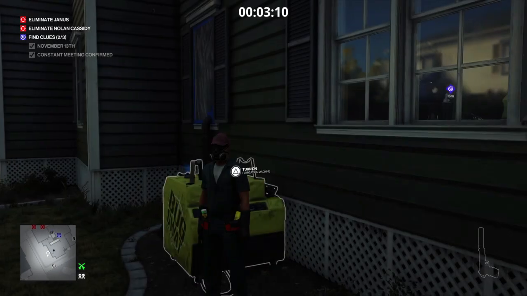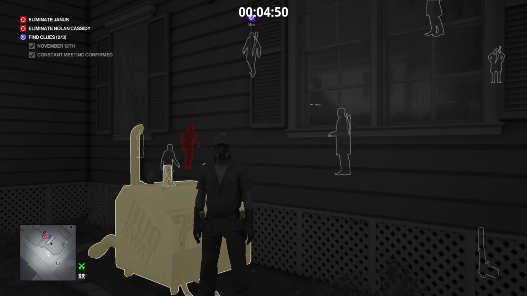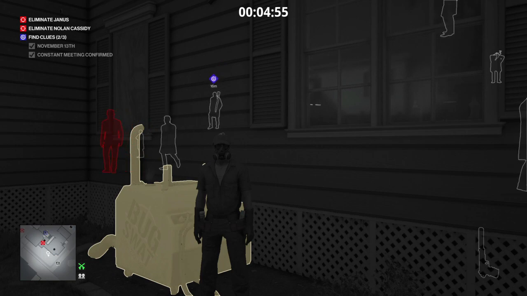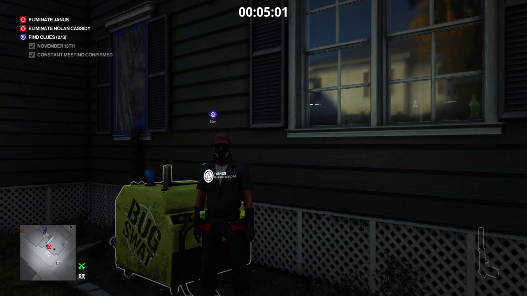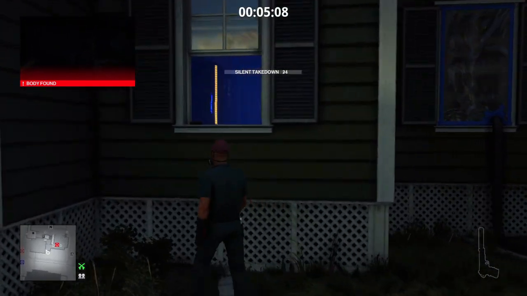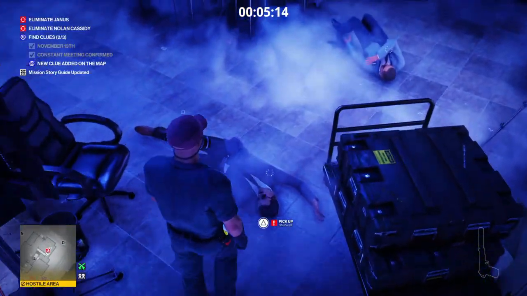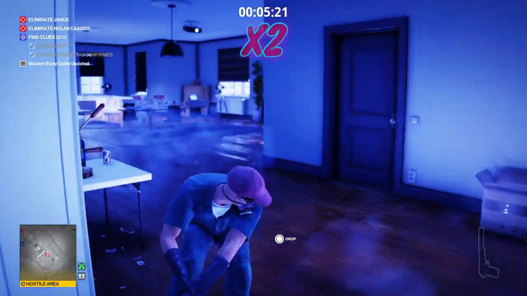So the one person who leaves the building and could mess up everything is unconscious in a bush, and all we have to do is make sure that when Nolan Cassidy and his bodyguard return, they are fully into the kitchen before we trip the fumigation machine. We don't want to catch them. Sometimes they stop in the doorway and they won't be affected, so let them get right inside the kitchen before activating the machine. But once we do, everybody in the house will be rendered unconscious immediately,